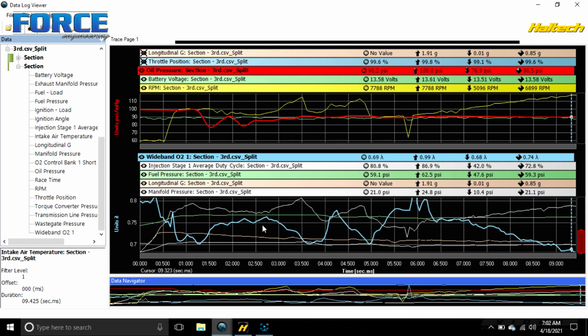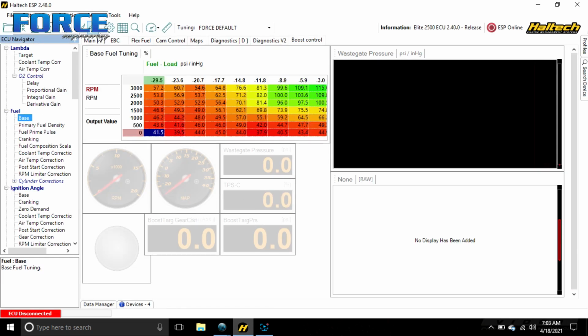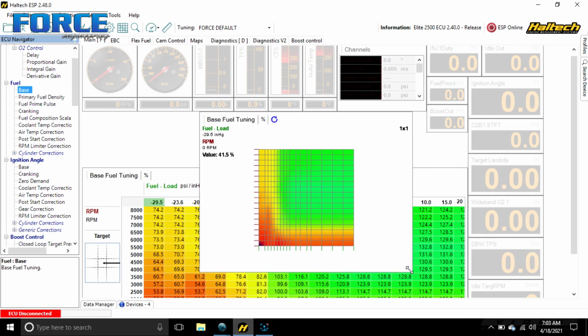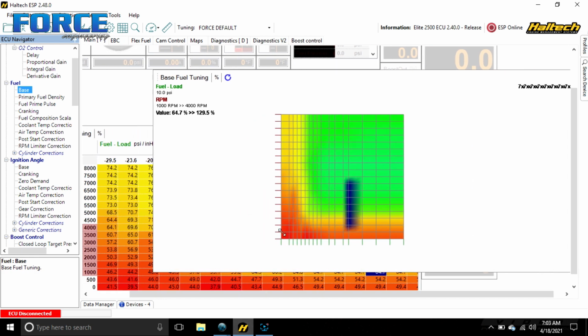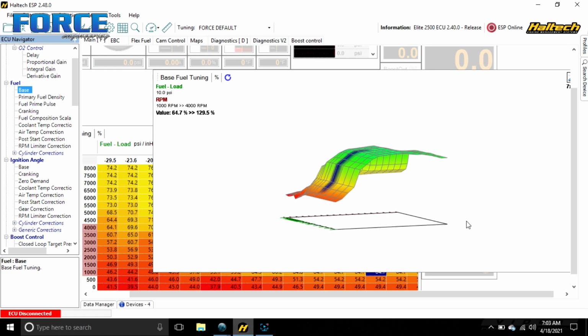But hoping the intake manifold change. What I mean by that, I'll show you the VE map here just to give you guys an idea what I'm talking about. Oops, fuel base. We want fuel. So if I shape this to the side, to give you guys an angle of it, you see this axis is RPM, and you see how RPM comes up and the VE starts to fall. I need to taper this down more up here to make it not get so rich up top. But so the shape of the VE